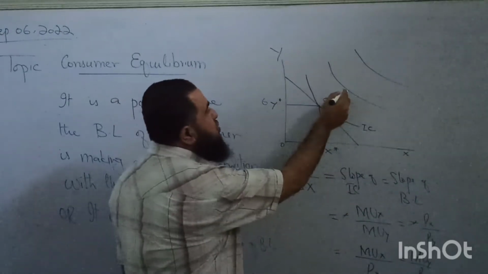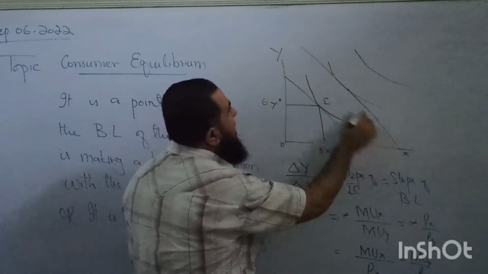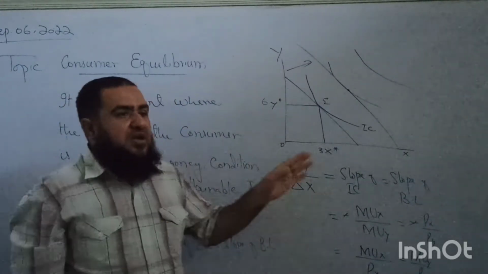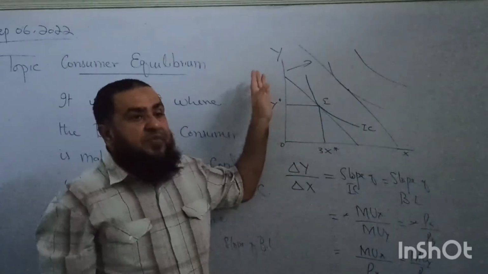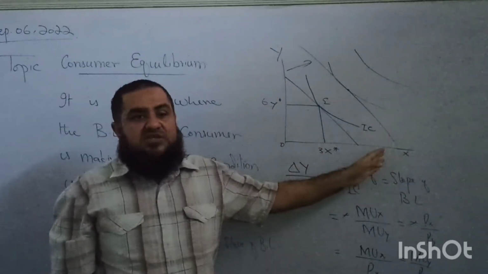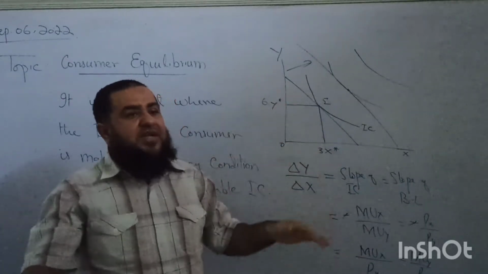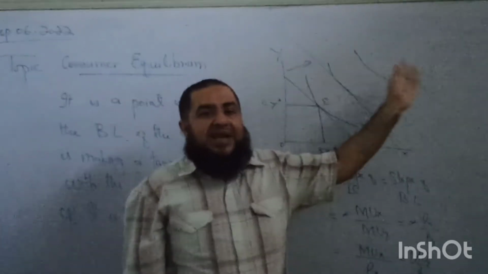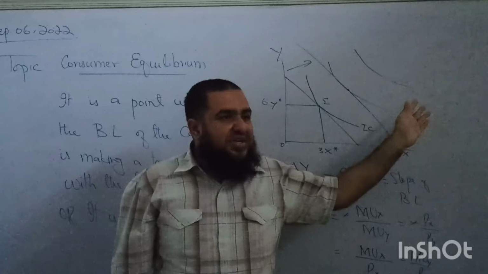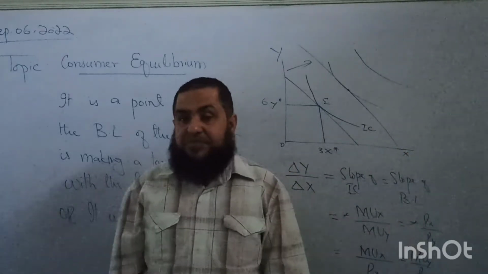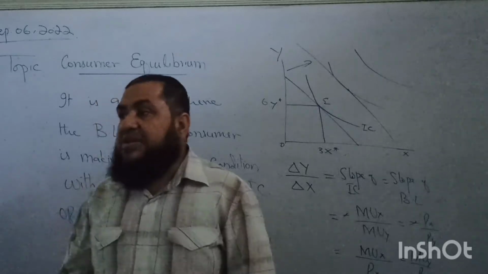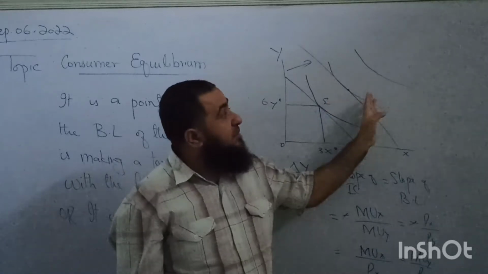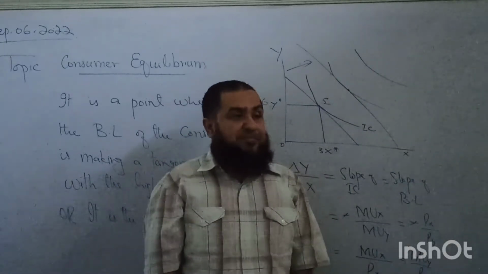Is it possible when income of consumer increases and his budget line shifts outward? Yes. Definitely, if consumer is consuming a lower quality of food and clothing, the X is denoting food and Y is denoting clothing. So when his income increases, he or she will be buying the branded goods. So he will be on the next level of welfare due to increase in affordability of the consumer. Clear? So when income increases, another indifference curve will be attained by the consumer.